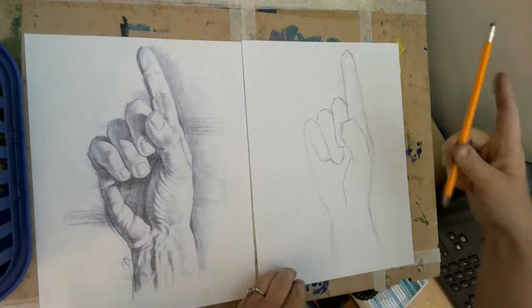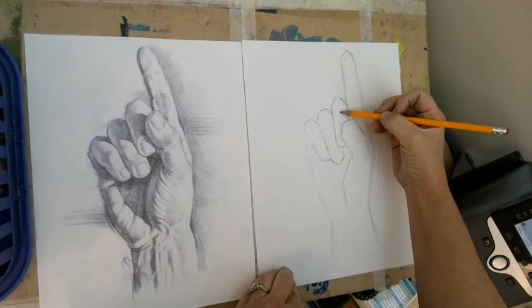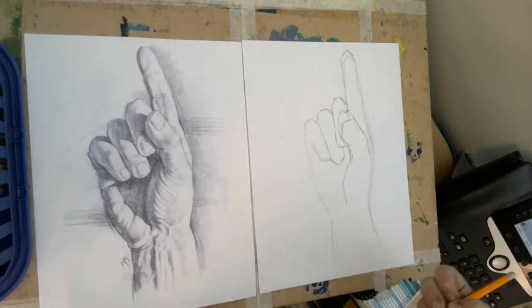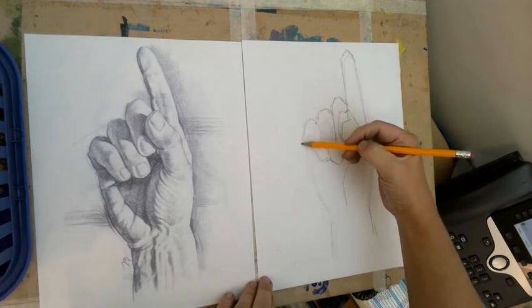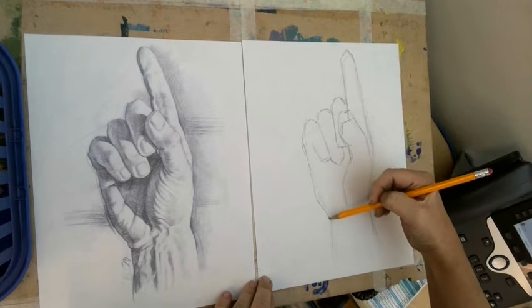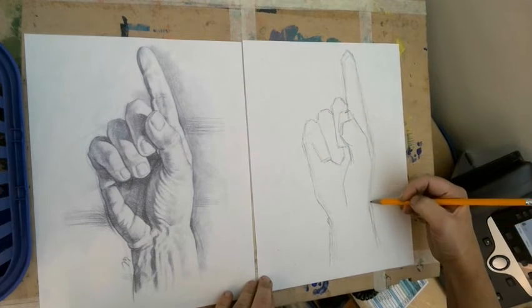So let's talk about changing things. I can easily change the length of my thumb, and that's going to make my drawing better. Can I easily change the width of my hand? I don't know. Maybe I could add a little bit over here and a little bit right there and change the width of the wrist a bit. But even